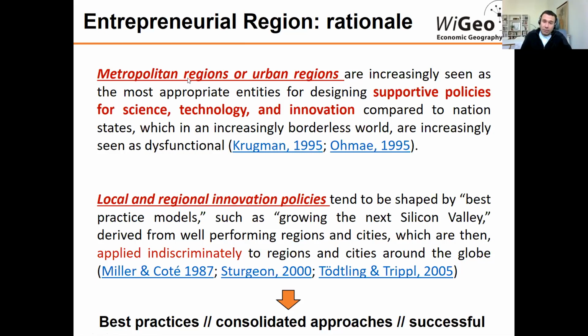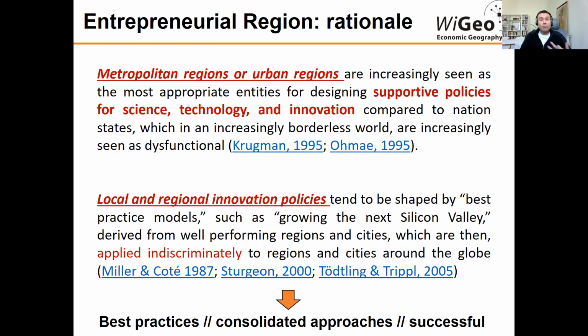What's happened is that in some cases, these urban regions start entering a very successful path, and then other regions start importing these concepts. So we have these local and regional innovation policies within urban regions, such as the case of Silicon Valley, that start being applied indiscriminately to other regions without having the successful impact they were expecting in the beginning. So there is this tendency to do a copy and paste of behaviors, of best practice, of consolidated approaches from one territory